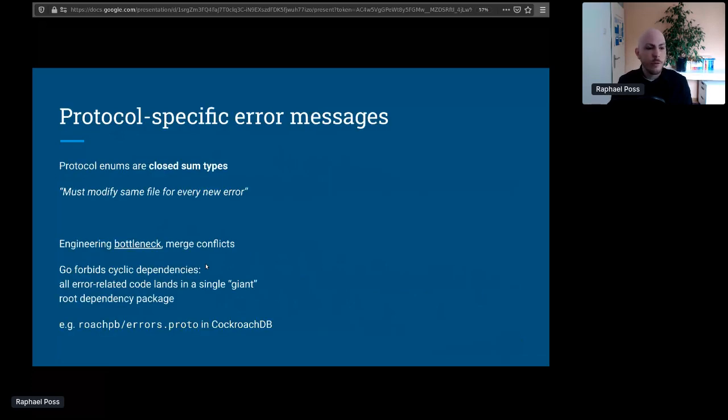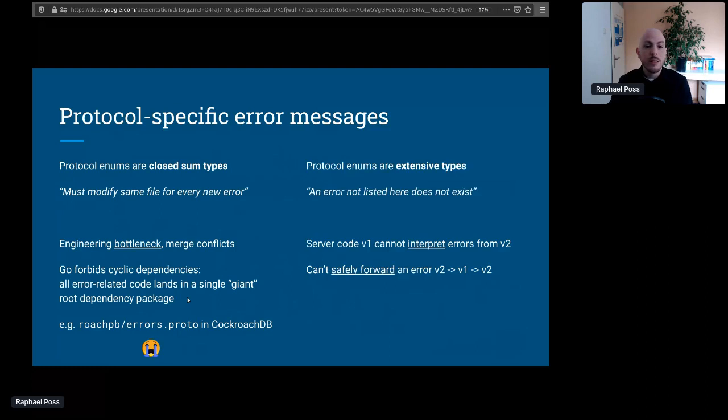we have problems. So we have to list all the errors in the same file. And that means that you end up with a giant protobuf file that contains all your error types. So it's not convenient from an engineering perspective. The other thing is that the protobuf definition wants to have all the objects that are supported listed in the file. And if the protobuf decoder doesn't have the definition in the file, it doesn't know how to interpret something received over the network. And then if you have multiple versions of your source code, the old version of the code on one side of the network will not be able to understand the errors from the other side that is using a new error that is not known to the old version.